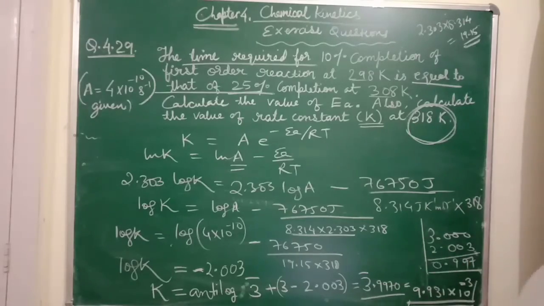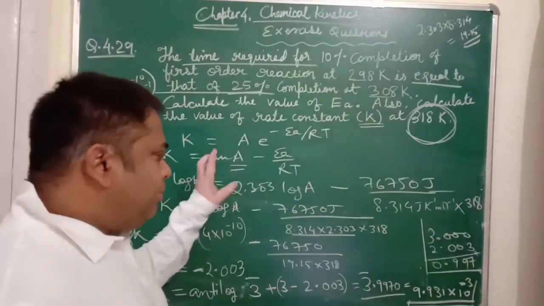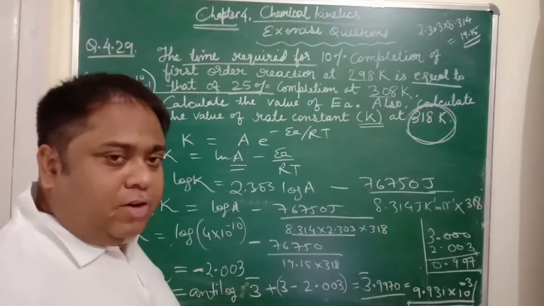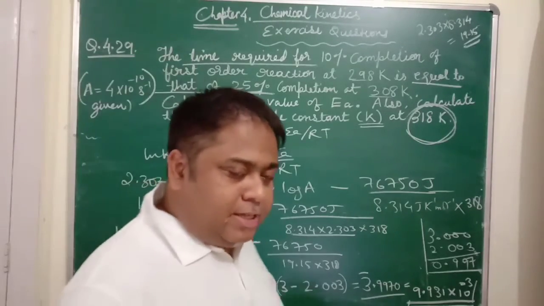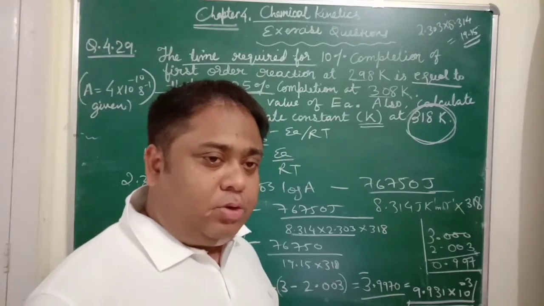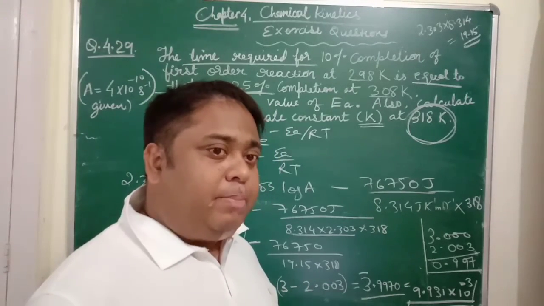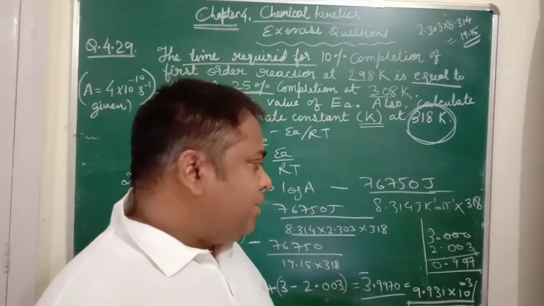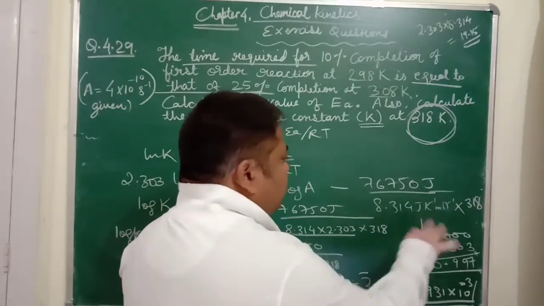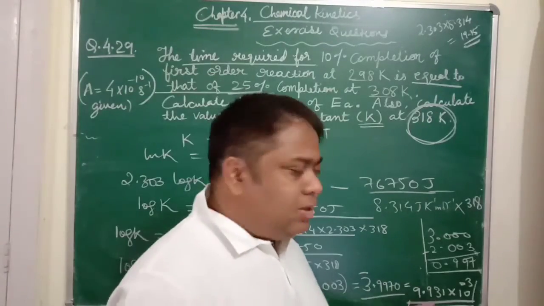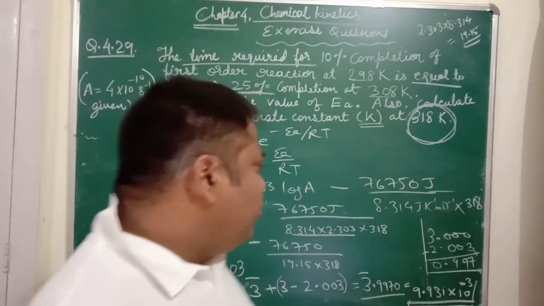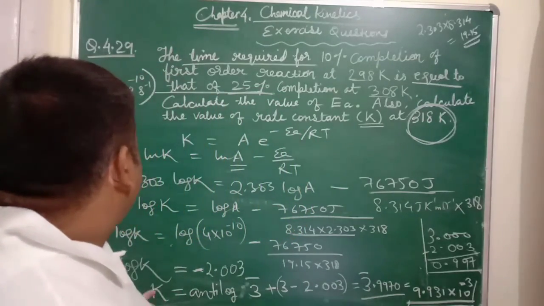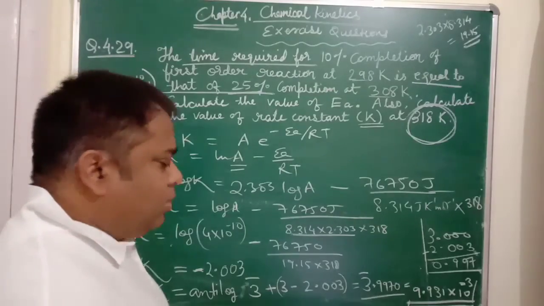So I have done the rough calculation so that you can follow the calculations too, and it can be done with the same speed with which I have done. I have done lots of practice to do it fast. If you think you can do it at the eleventh hour in the exam itself, maybe in the exam you will have the hassle of completing other questions. So prior practice is very important so that you do not commit any blunder in small calculations. In rough calculations, if there is a small blunder, there will be a big difference in the answer, and there can be deduction of half marks. So take care of units. For k, no unit is required here, but for the Arrhenius constant and others, units will be required. Thank you.